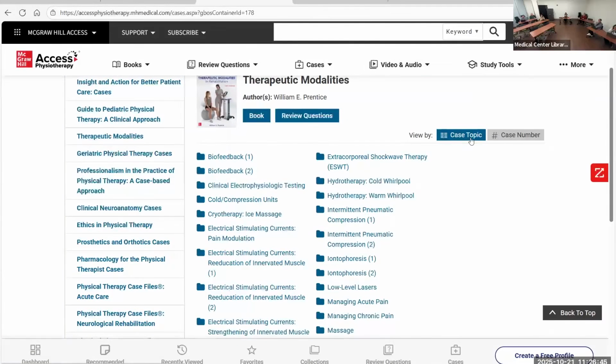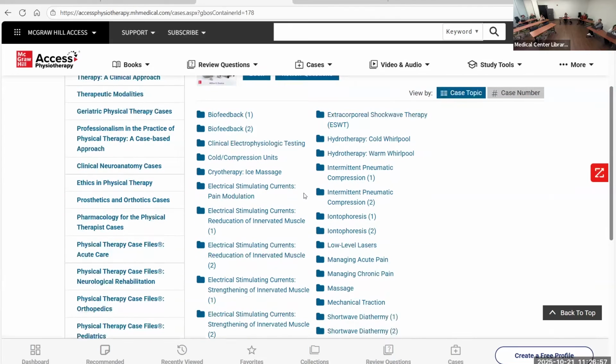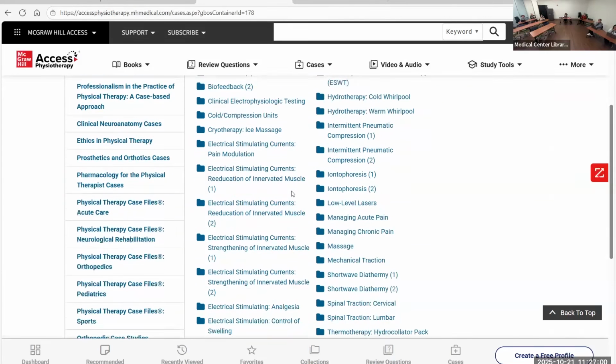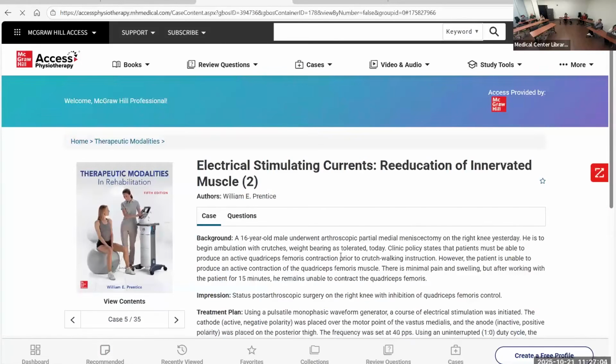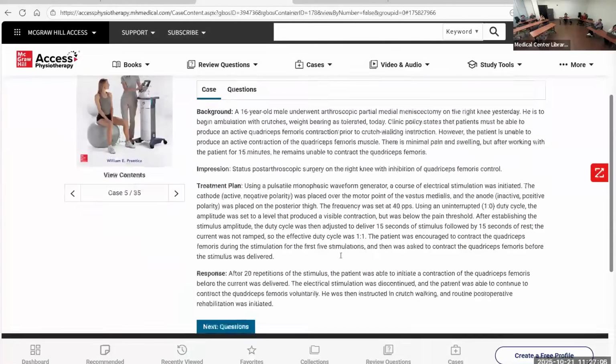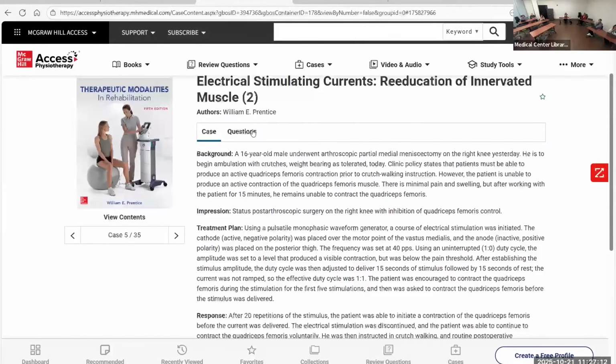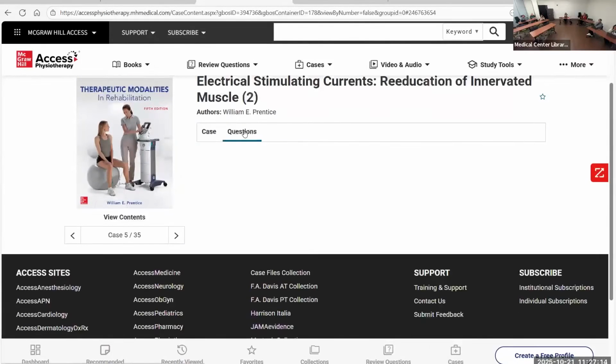I'm sure as instructors, if some of you have a teaching responsibility, you'd love to have all this done for you. It could go by topic or number. I usually like to pick the topic because I don't know what the number would get me to. So right here, if I wanted electric stimulating currents, let's see what cases. So we have this case. It gives you, like I said, a background, and then you can read about it, and then there are questions that